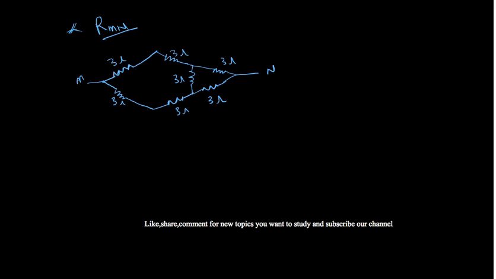So we will do star conversion. So star will be something like this, correct? Something like this. Let's suppose this is R1, this is R2, and this is R3. Now can you tell me what is the value of R1? As I told, in case of star, we take multiplication of these two arms, so 3 times 3 divided by the sum of these three resistances. So the sum means 3 plus 3 plus 3, that is 9. So 9 by 9 is 1 ohm.